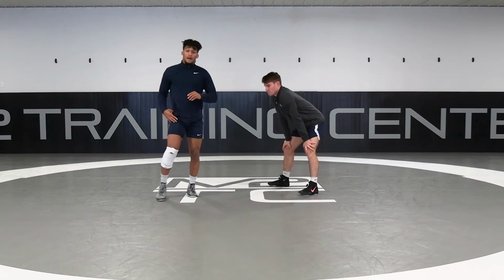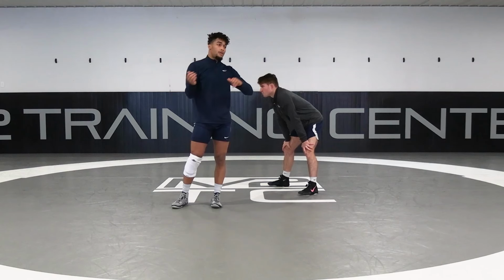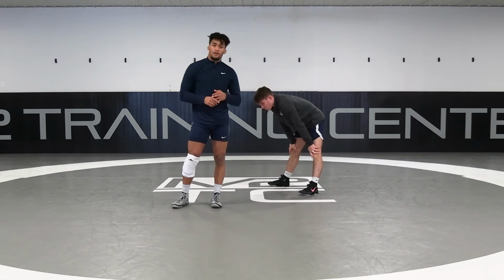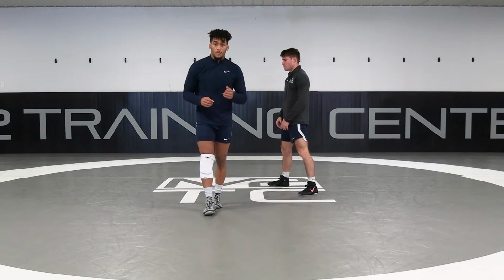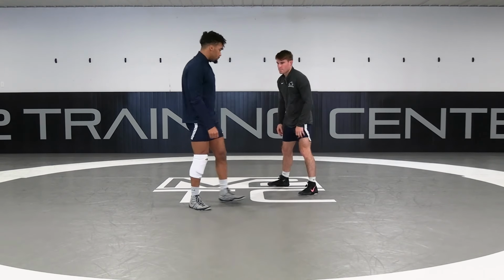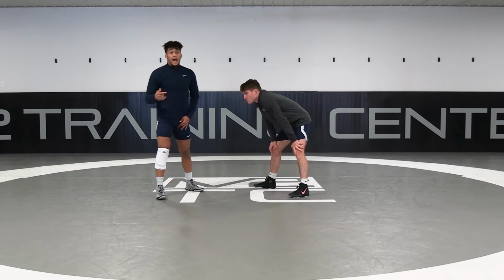Another way I defeat my opponent's collar tie is I'll go inside tie, and then I'll go into the Walden drill and get him off balance, and that sets up our ankle pick really, really well. One of our coaches, his go-to move, and that's something I picked up from him. And so, my opponent, again, I'm going to allow my opponent to grab us first, but how I do that,